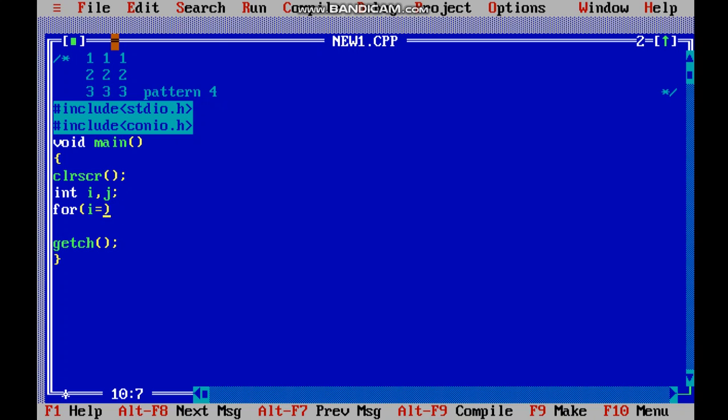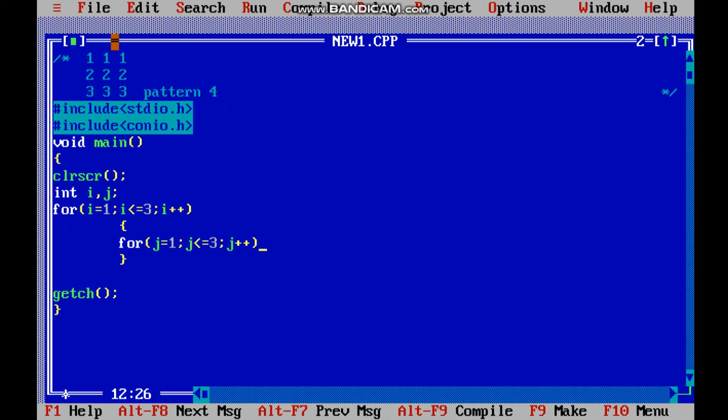Now we are going to deal with 1. We can either use less than 4 or less than or equal to 3. That means the i value 1 exceeds after 3. Now for the second for loop, j equals 1, j less than or equal to 3, j plus plus.